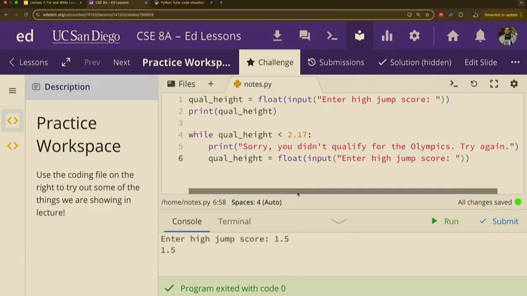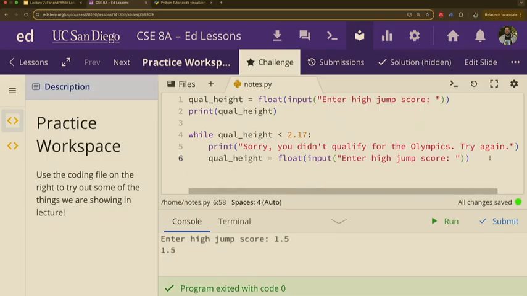All right? So we have our qualifying height. Let's assume it's 1.5, right? While our qualifying height, should it be less than or greater than? Basically, we want to come in here if we have not qualified yet. Oh, less than. While the qualifying height is less than 2.17, we have to go in here and say, sorry, you didn't make the cut, right? You did not make the cut.